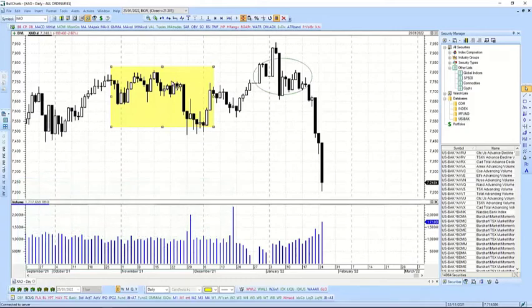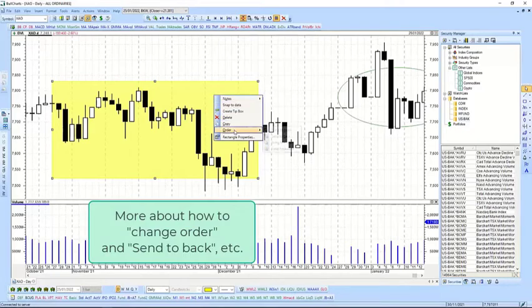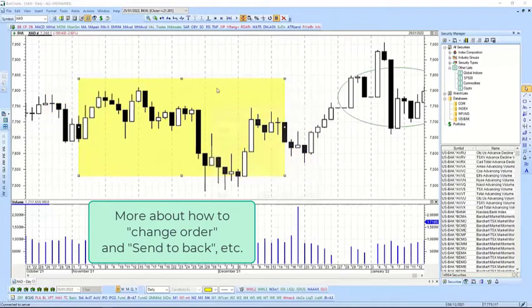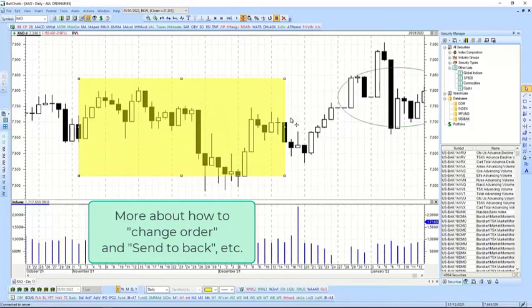And the other thing to remember too, as you might have watched me do, with objects like this, like in many Windows applications and Apple too, you can change the order front to back of these sorts of things. So at the moment, that yellow rectangle is behind the candles. I can right-click somewhere on the rectangle and go to order and bring to front.